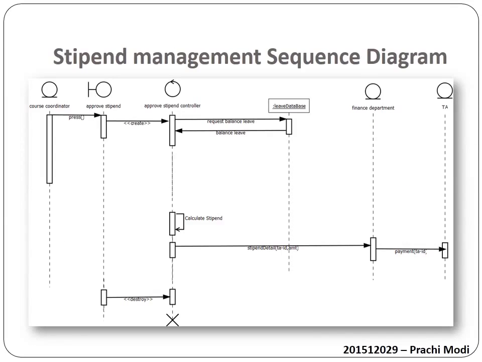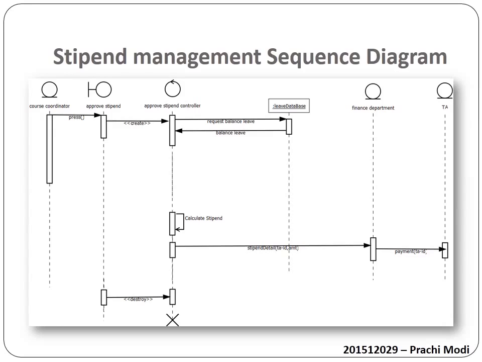This is the stipend management sequence diagram. Course coordinator and TA are the actors over here. Approved stipend is a boundary, approved stipend controller is a controller, leave database is the database, and finance department is an external entity. It starts with the course coordinator sending a request to the leave database for the balance leave of